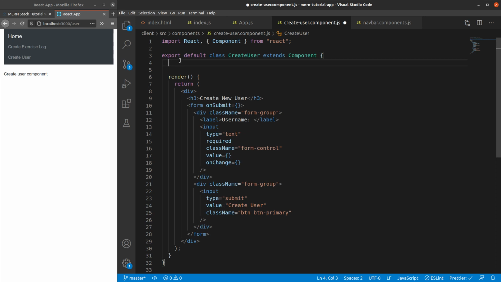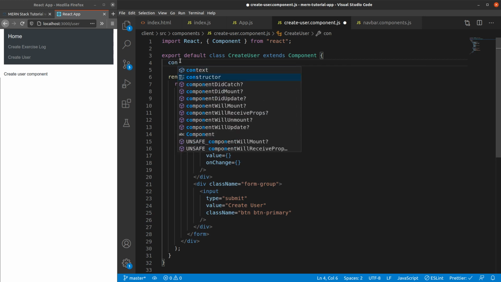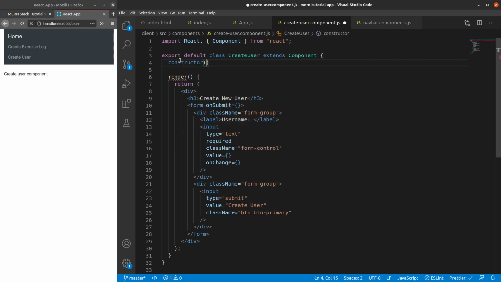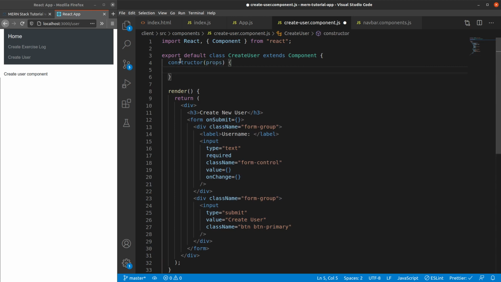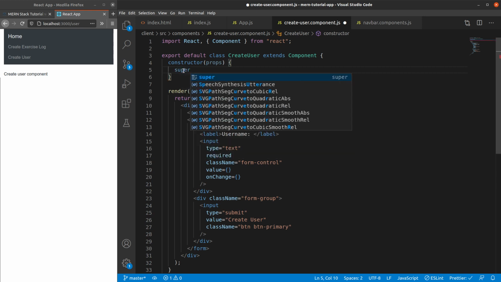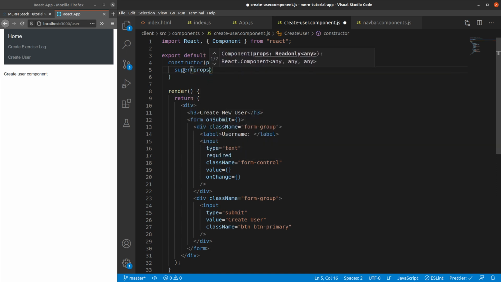Okay, so first thing we want to do is we want to write a constructor for this particular class which accepts props. Okay, props are nothing but basically the data that we pass from one component to other. So we'll learn about this, maybe not in this tutorial, but I'll post some other tutorial which will explain about props. I am not sure if we're going to use any props as such in this particular tutorial series, but we can learn more about them in other tutorials that I'll be posting.